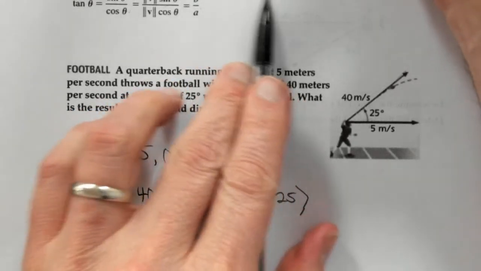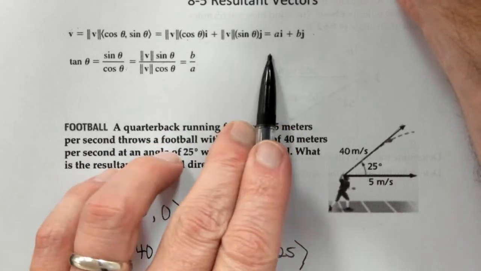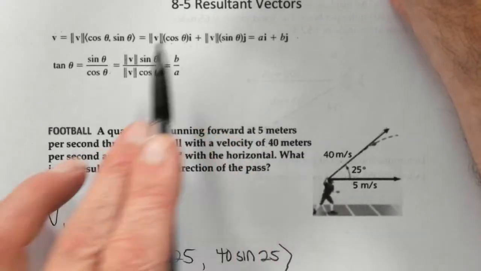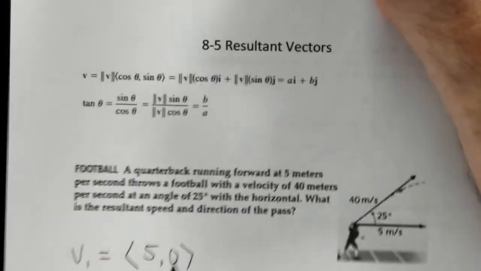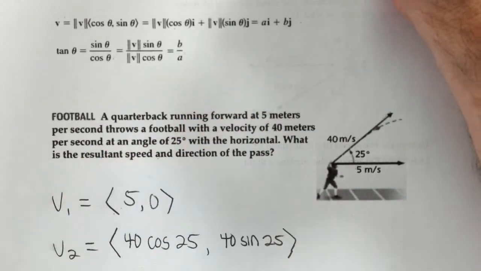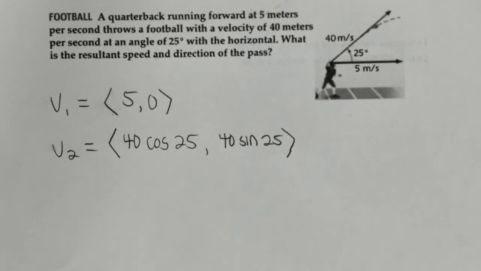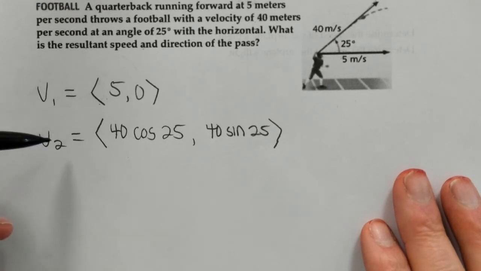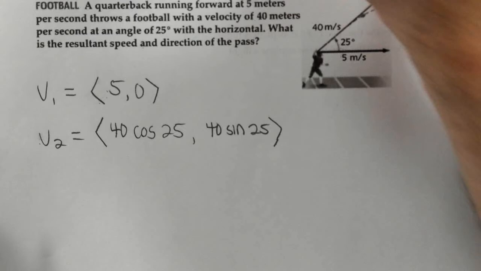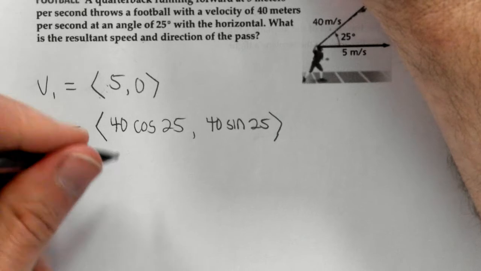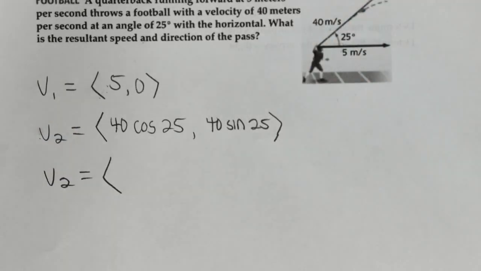Now, remember, this formula is actually given in linear combination form, and I'm writing it as component form, but it's the same thing. This part is your I part of the linear combination form, and this part is the J part of the linear combination form. So now I can just calculate the value of these, and then I can get the second vector in the same form as the first vector. So V2 would then be equal to, let's see,